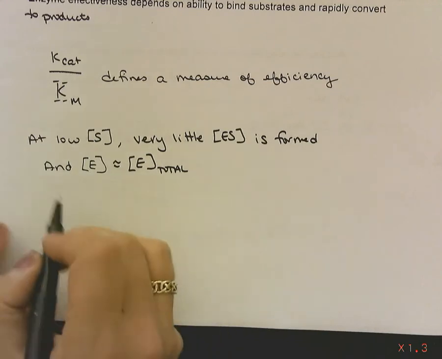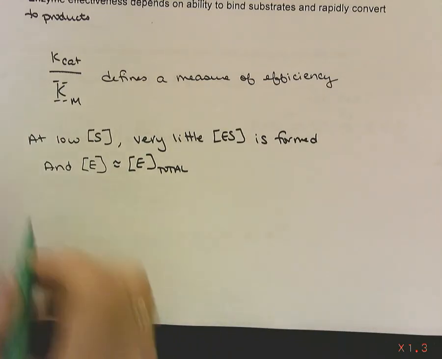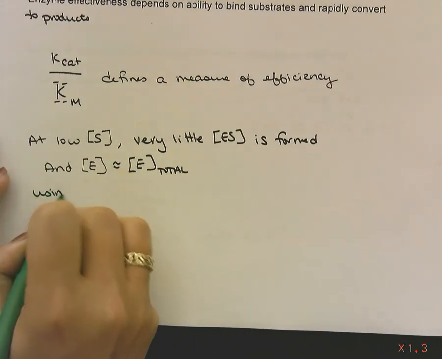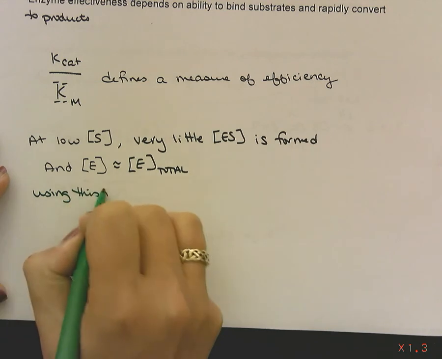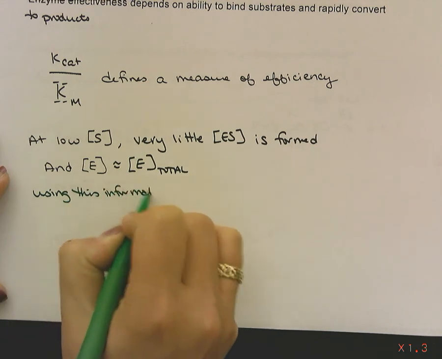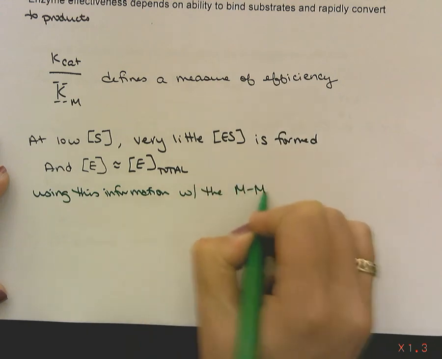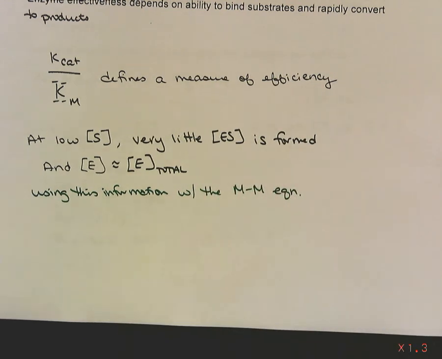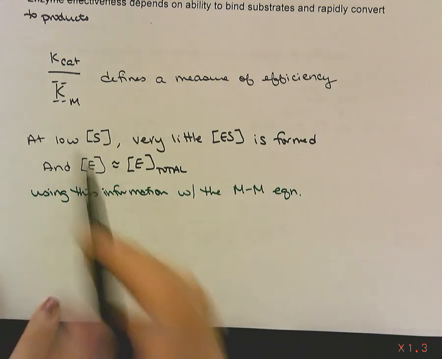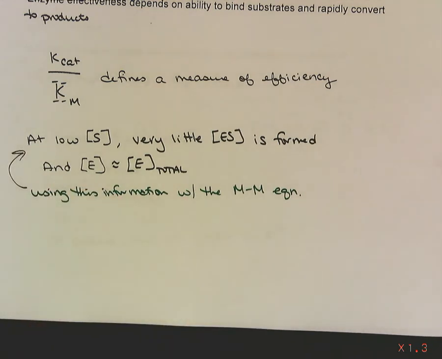So, looking at our Michaelis-Menten equation, if you want to spell out Michaelis-Menten, that's fine. I'm just doing a little shorthand. So using this information and combining that with the Michaelis-Menten equation,